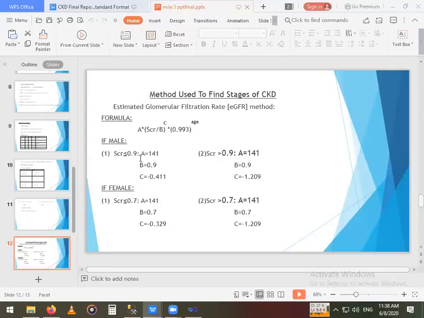SCR stands for serum creatinine. This CKD prediction depends upon all the 24 parameters that I've shown you. But this GFR prediction only depends upon 3 parameters, that is serum creatinine, age, and gender. So if he is a male and his serum creatinine value is less than 0.9, then these are the constants A, B, C.